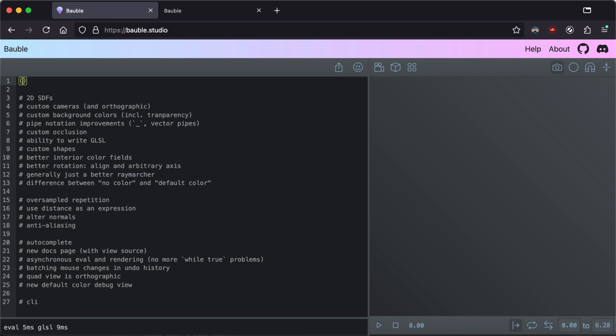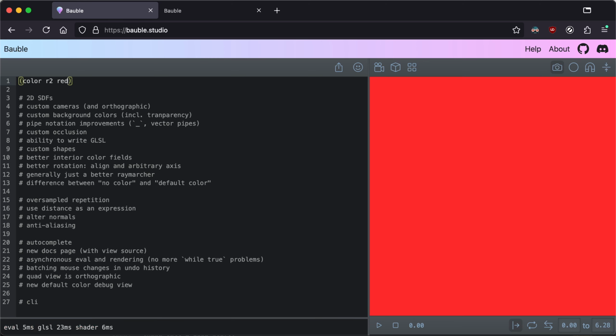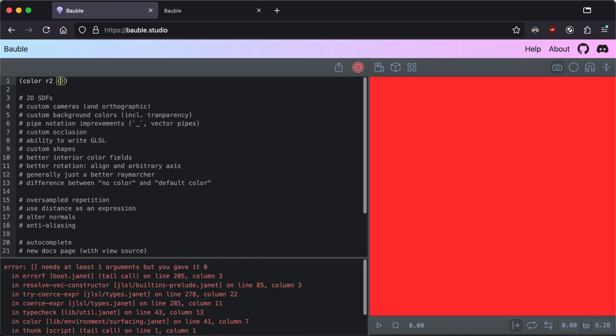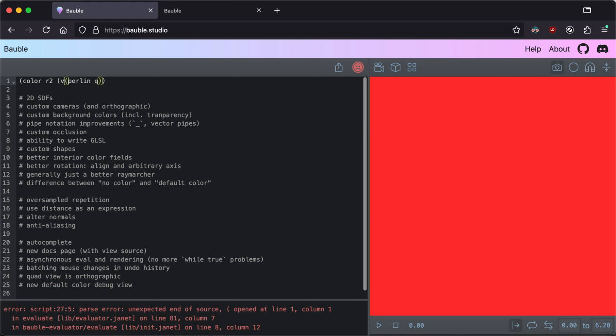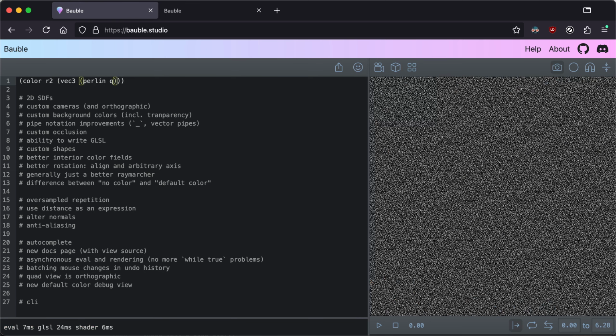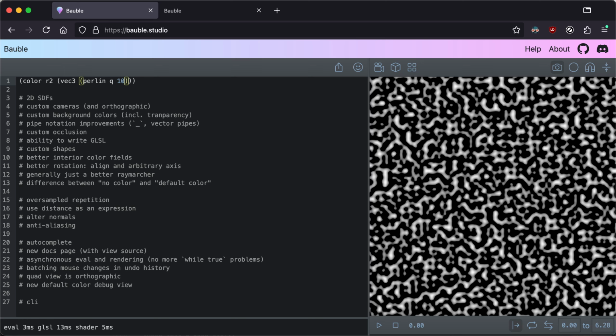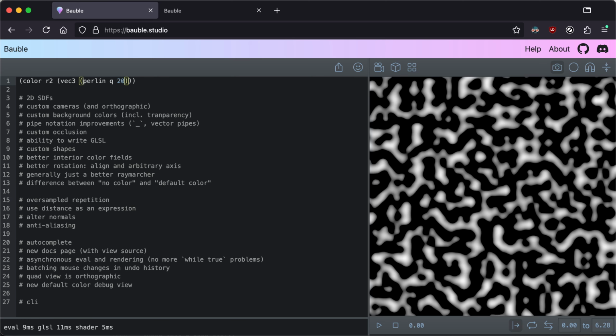Let's talk now about the GLSL escape hatch. This is pretty exciting. So say that, let's just take R2 and color it red. So this is saying I have a 2D shape. This is just the entire 2D plane. And I'm going to write a color, but that's not a very good color. So I'll say I'm going to write black and white Perlin noise of Q with a period of 20. And that doesn't look